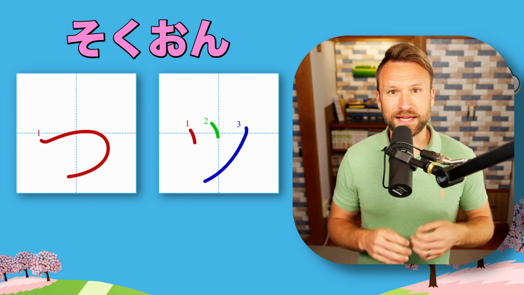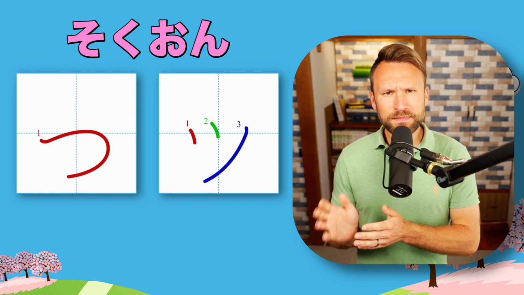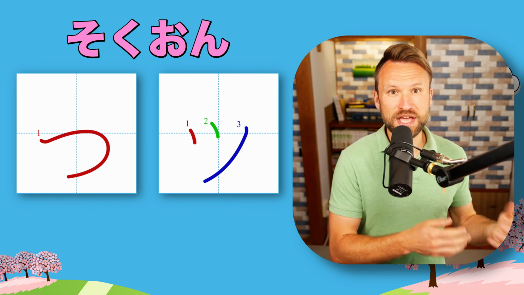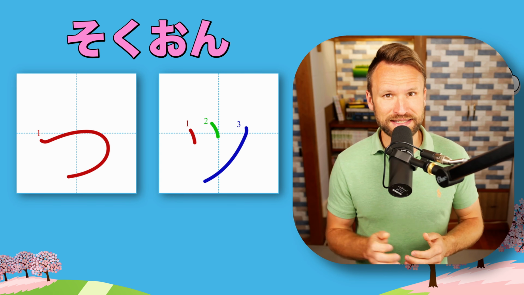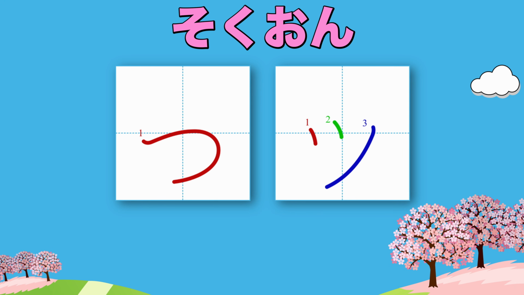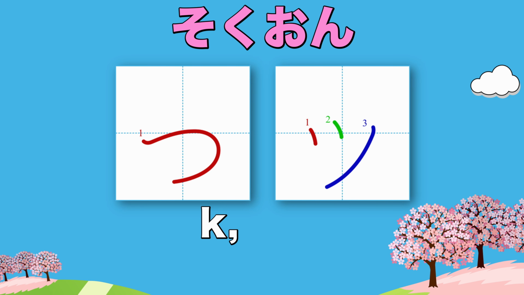Next, we have what is called a Sokuon, or more commonly known as the small tsu. It can be used with both hiragana and katakana. While technically this indicates a geminate or lengthened consonant sound for the consonant that follows it, this is generally only true when it comes before a kana with an s or sh consonant sound. 早速 When it comes before kana starting with a k, t, ch, and p consonant sound, it sounds much more